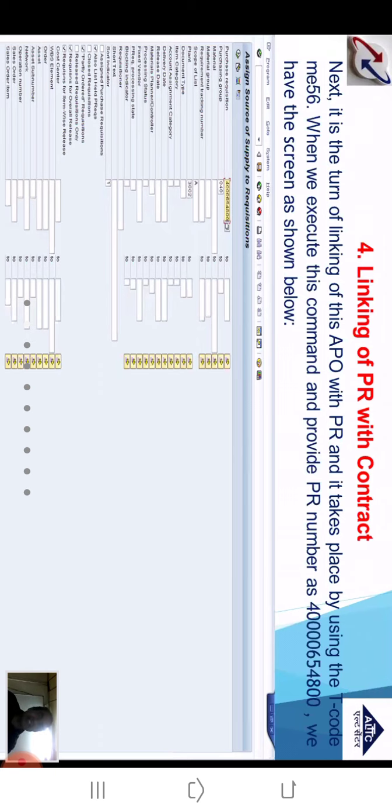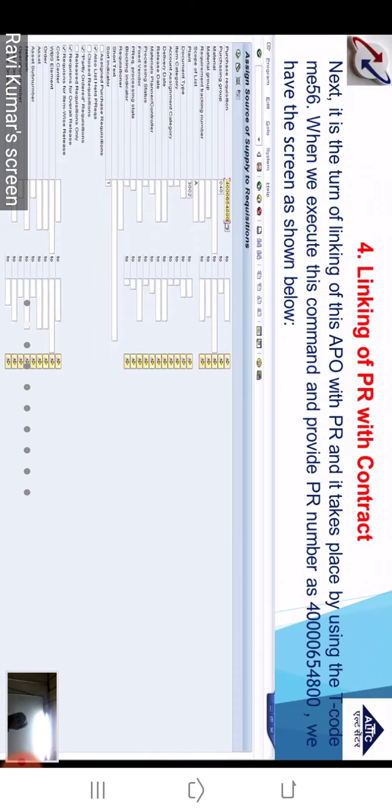APU says providing the vendor details and tax details, and of course providing the service details from our maintenance order into this APU. APU was created. APU means contract. Contract was created, and of course now it has been approved.